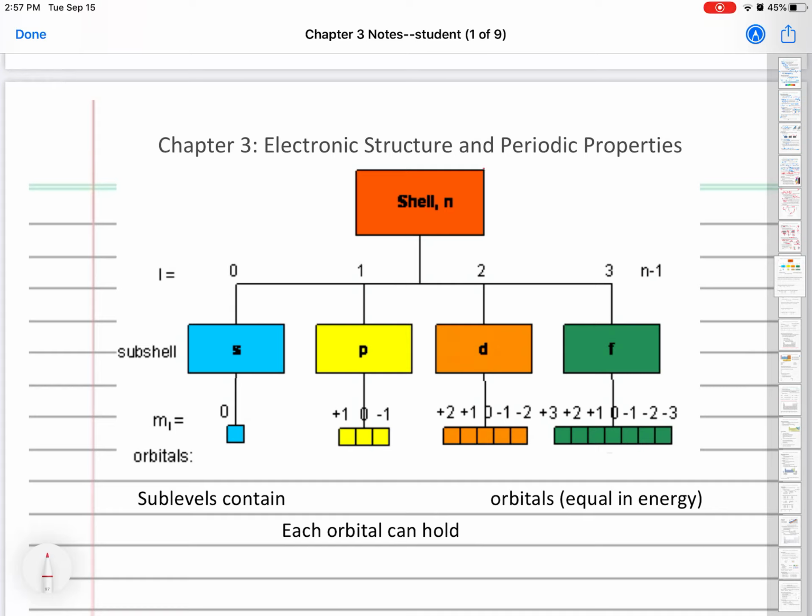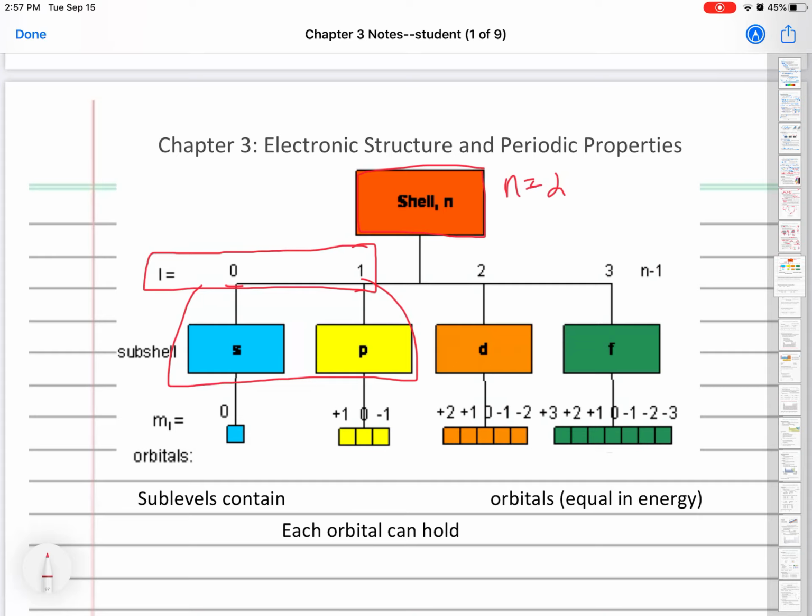So we always start with the N, the energy level. Let's pretend we have an N of 2. We're in energy level 2. Remember that 2 also means that there are 2 possible sublevels, so that means that we could have an L of either 0 or 1, and we call those subshells S